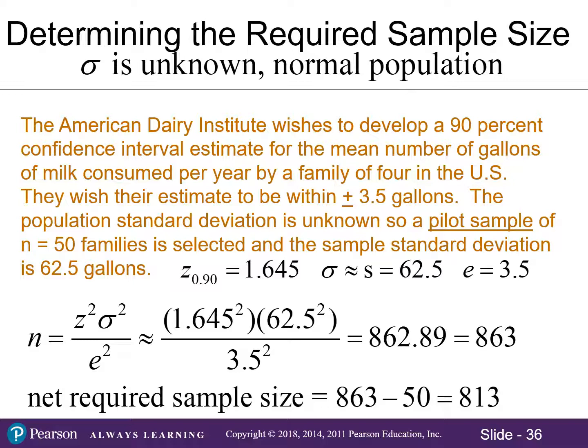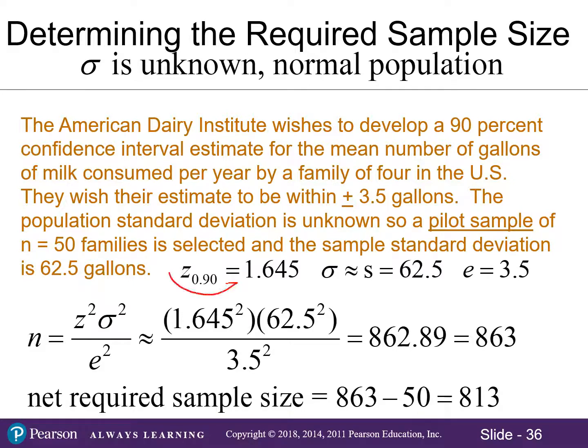And they have a sample standard deviation of 62.5 gallons. It's a very large standard deviation. I almost don't trust these numbers, even though I got them from the American Dairy Institute. And usually they're pretty accurate. That's really large. It's a big spread. I should have picked a... Okay. Anyway,